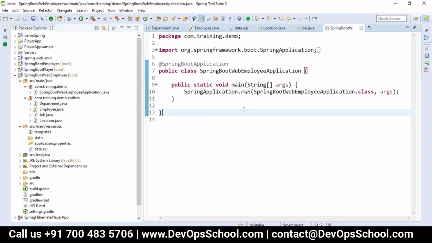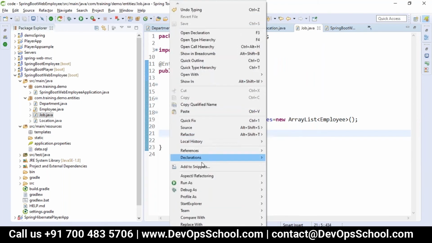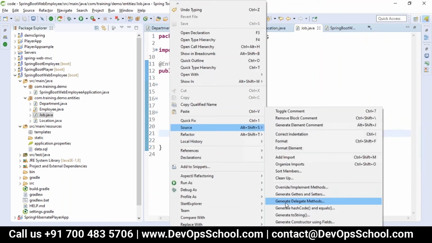Is it clear? So now let me take some JPA repositories, and first the getters and setters.